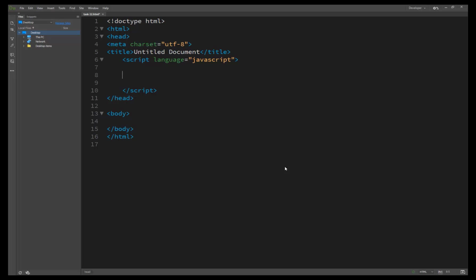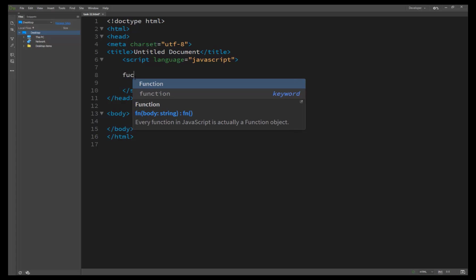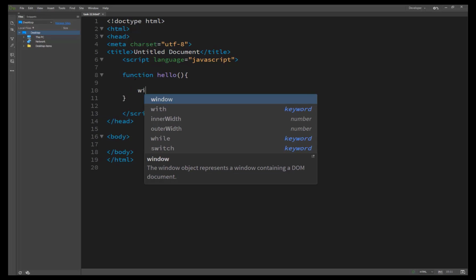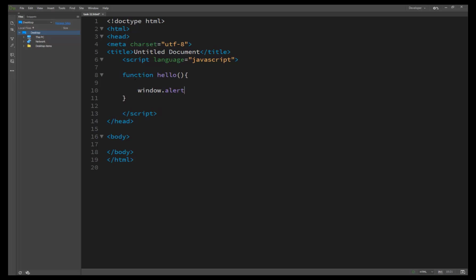So we have created a function and typed hello, and inside the function we call the method window.alert to check whether our function works after our page has loaded.